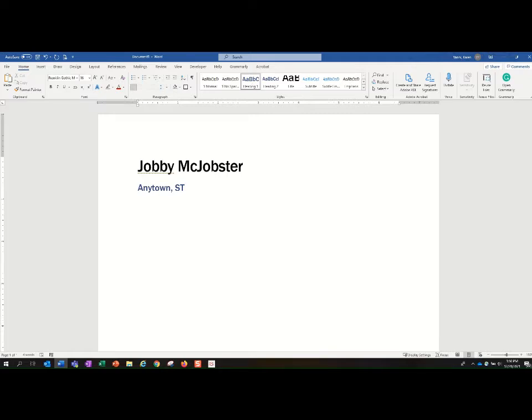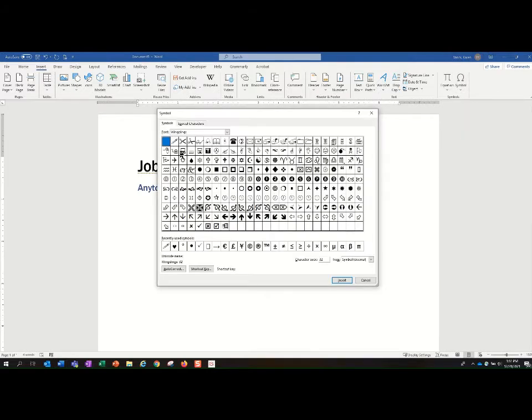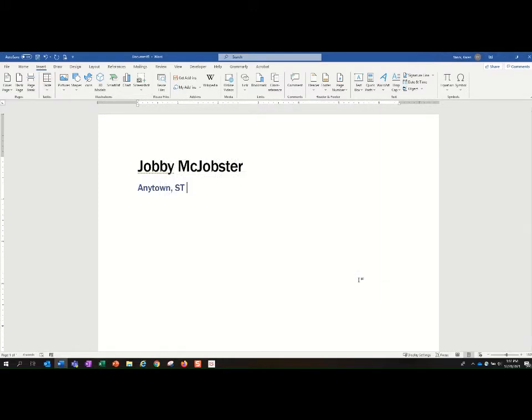a dividing symbol. You could use a circle or square that you would find in the Insert menu, which is in the Insert tab. On the far right side, we have a Symbol button. You could click that and go down to More Symbols. The Wingdings option here has a lot to choose from. You would want to keep it professional, so circles or squares, but there's quite a few options to choose from. I'm going to click Cancel because I'm going to show you how to do a vertical bar instead, which is